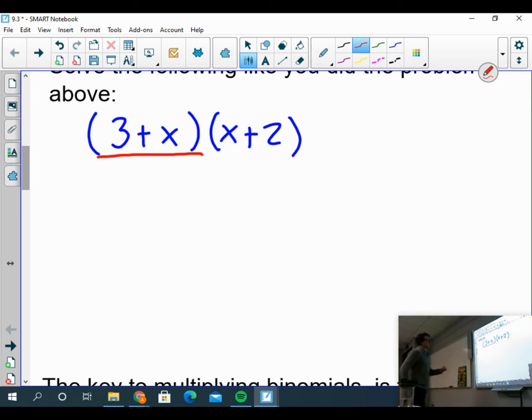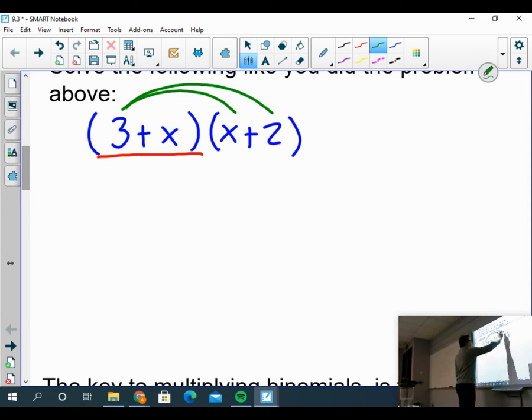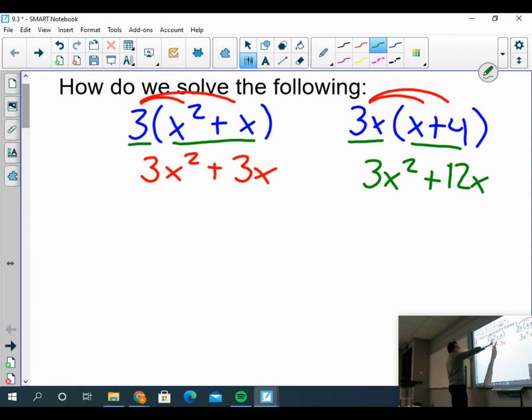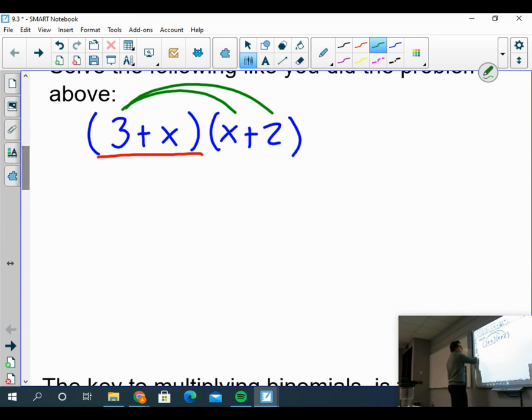But the difference here is since I don't have a monomial, I have a binomial, I'm going to have to distribute multiple things. Sounds confusing, but it's pretty simple. Start with your leftmost term and distribute it to each part of the second binomial. Okay? So I'm distributing the 3 to the x and to the 2, just like I did up here with 3 times x squared plus x. So when I do that distribution, I get 3x